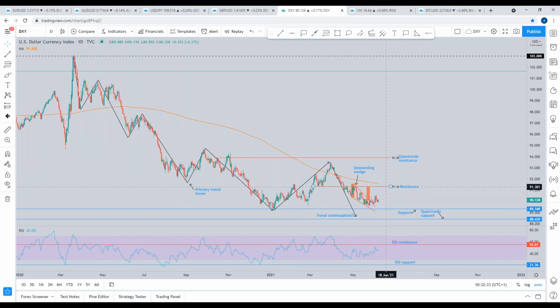possibility of reacting off this level or just simply draining through this support here. Now, guys, any questions on the Dixie? Because that's where I stand currently on the US dollar index. I see no questions. Either I've confused everyone or it's just